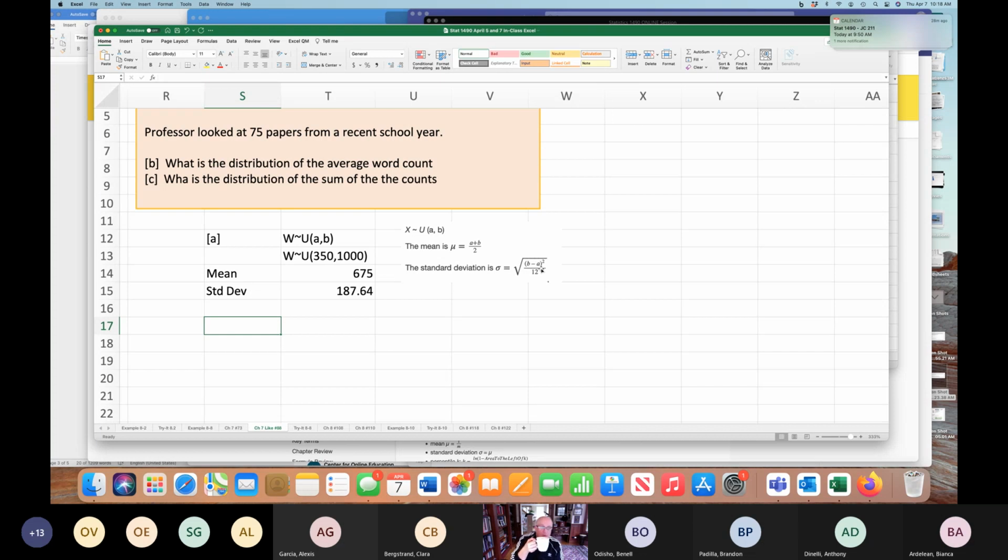B minus A. That's why I don't put the whole formula. If you can use this formula, you can do it that way. It's just more cumbersome to do. For me, I would say